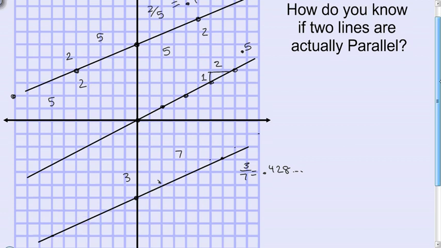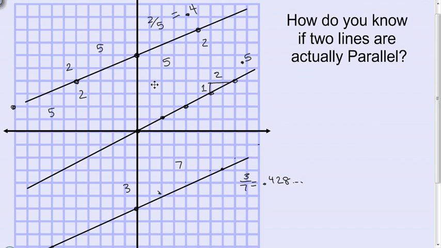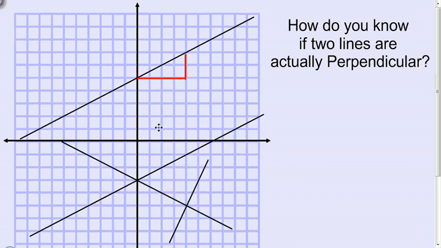So this line should be very, very close in steepness to that top one. And you'll notice that it is very close. And not as close, but still similar to the one in the middle. So to be parallel lines, they have to have the same slopes. Not close, but exactly the same. How about perpendicular? You'll notice that these two aren't perpendicular, but these two appear